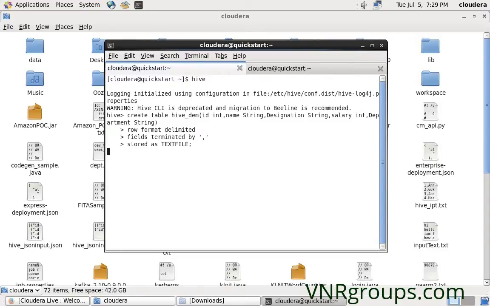If I want to insert data, Hive also supports the insert statement like in MySQL, where you insert into a table name values and give each record at a time. But it's very difficult for us. We also have insert statement support in Hive query language, but we are not going to use it, because we have an option of loading the entire file data into a Hive table in one go.